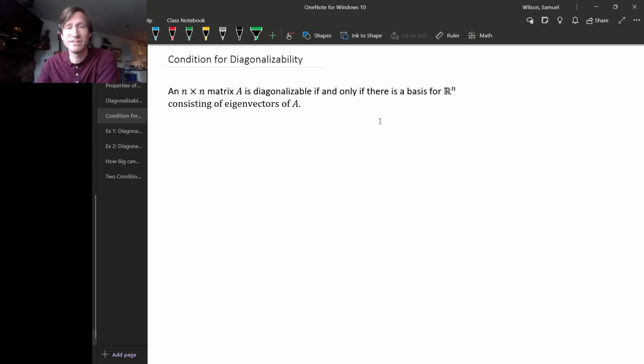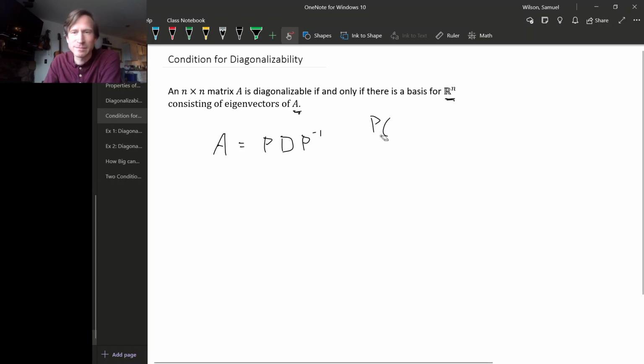We know that a matrix is diagonalizable exactly when there's a basis for Rn consisting entirely of eigenvectors for that matrix. But that doesn't really tell us how to find the corresponding diagonal matrix. But actually, the proof of this fact does give us a recipe for finding the diagonalization of A. Right? So when we proved this fact, remember what we did was we had this matrix P,